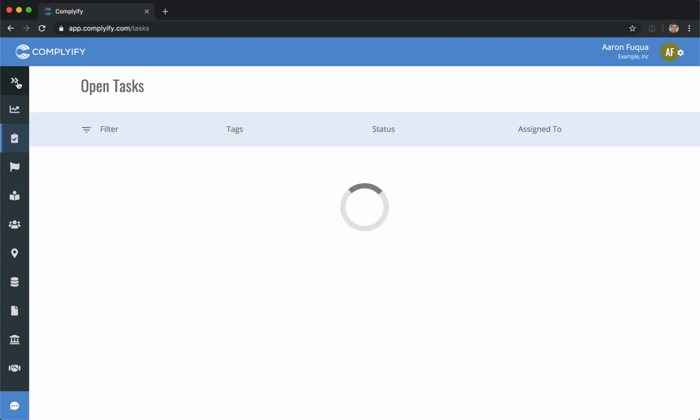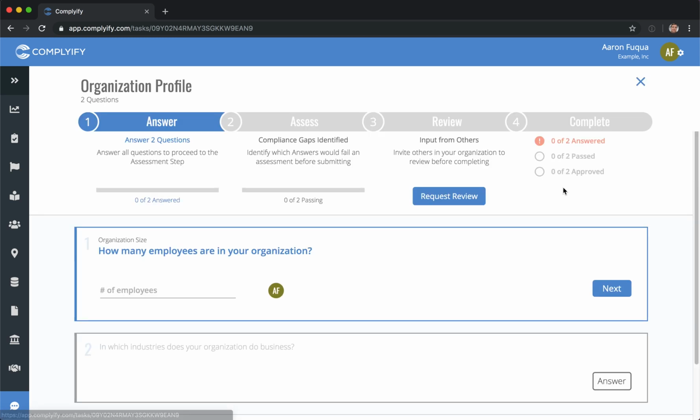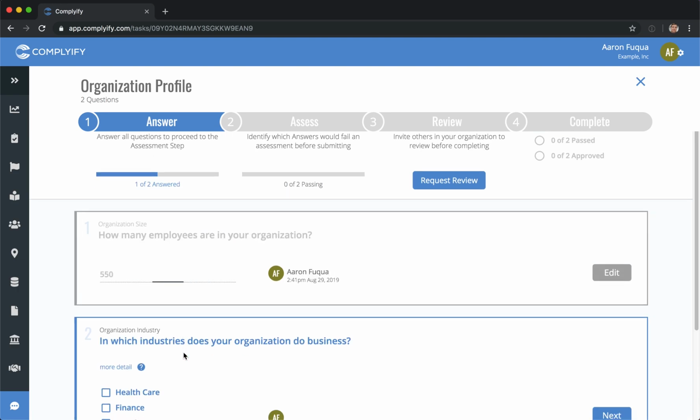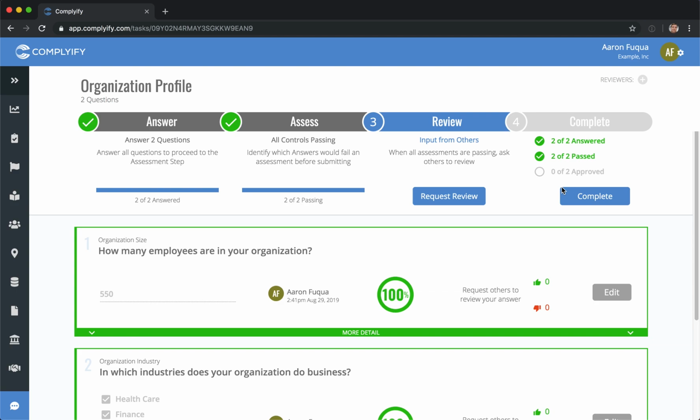The first task that opens for a new organization is the Organization Profile task. Here we will ask some basic questions about the nature of your organization. This is the first of a few profile tasks that will help us better understand your business so that we can recommend correct standards. Once you've completed the last question of any given task, the Assess button will do a